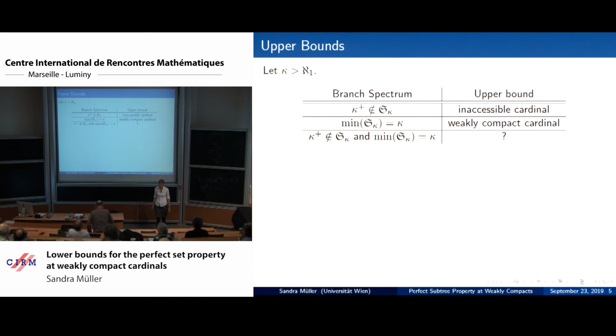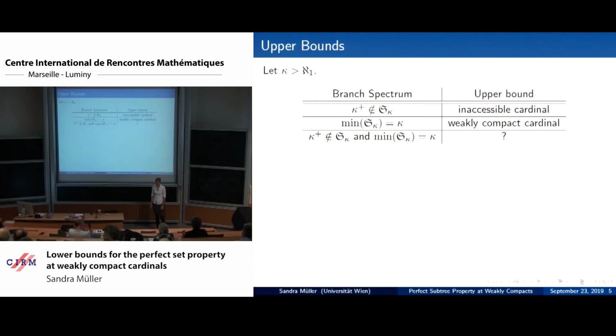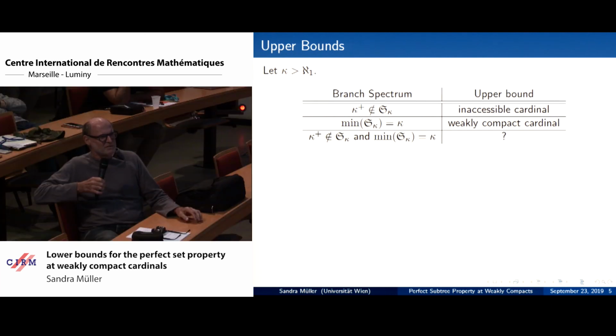There's an old result, an important result of Jensen's that kind of didn't make it into your story. Suppose V equals L. I know that's hard for you to suppose, but for a moment. Kappa carries a Cantor-Bendixson tree if and only if it's not ineffable, right? Okay. Right, the strengthening of weak compactness. So you can ask what happens with the perfect set property at ineffables. What happens is that it still is going to fail, because in L there are things called weak